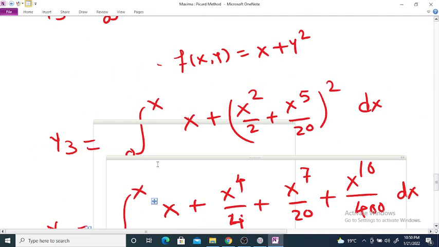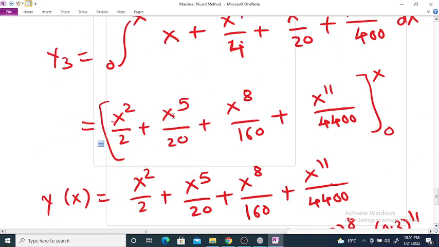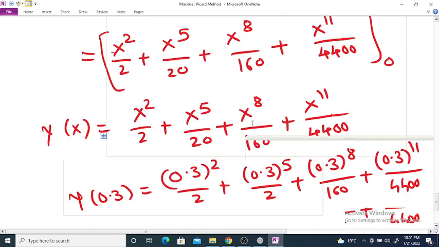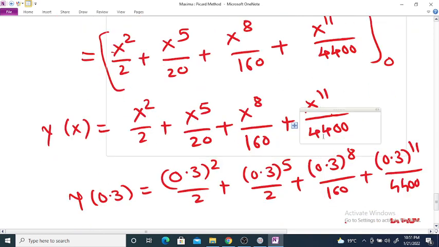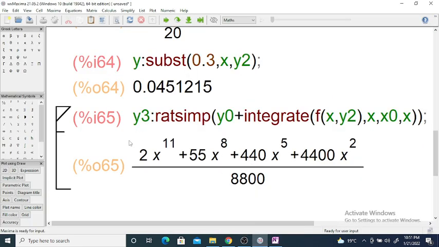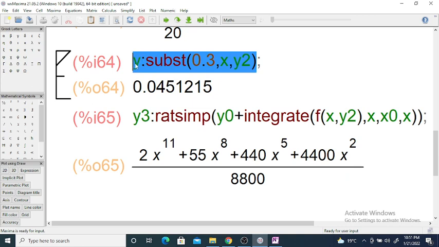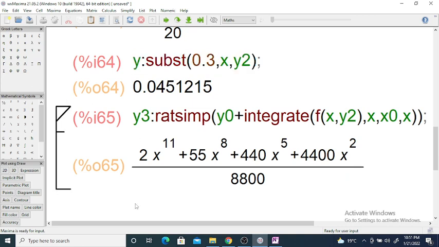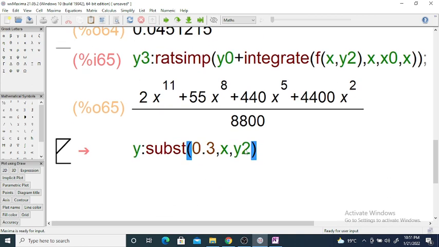We obtain x square by 2 plus x raised to 5 by 20 plus x raised to 8 by 160 plus x raised to 11 by 4400. If you simplify this, you will get such an equation. And if we substitute x equal to 0.3 in y3, then we get